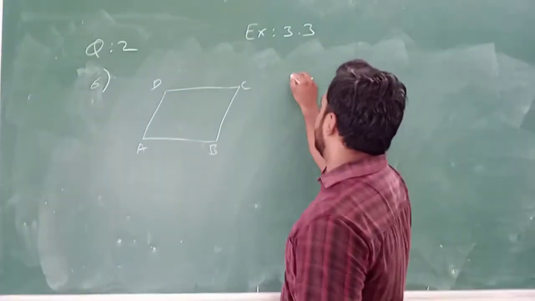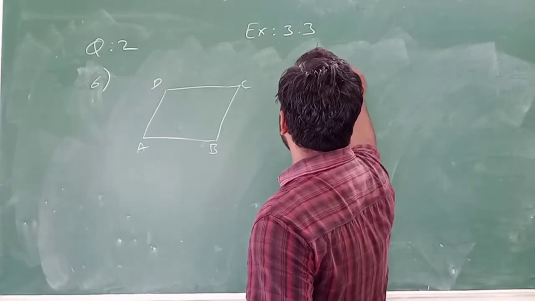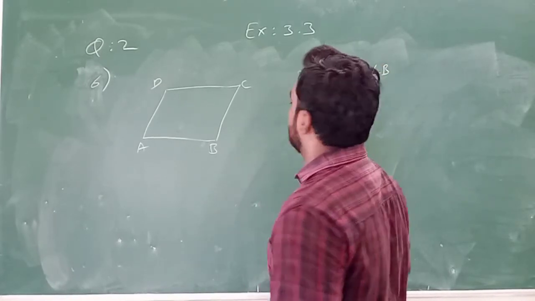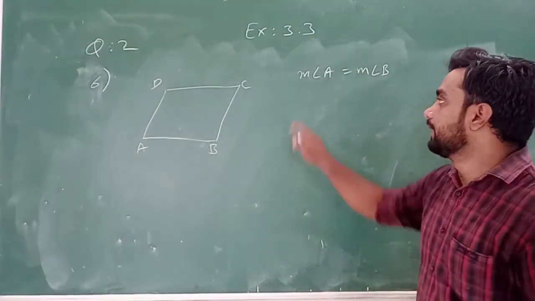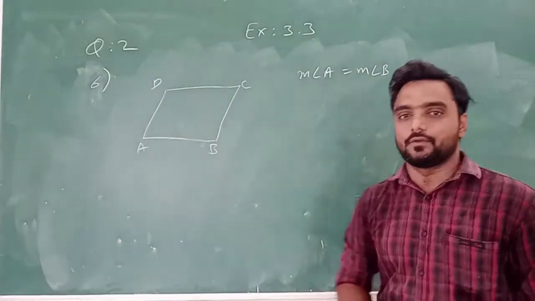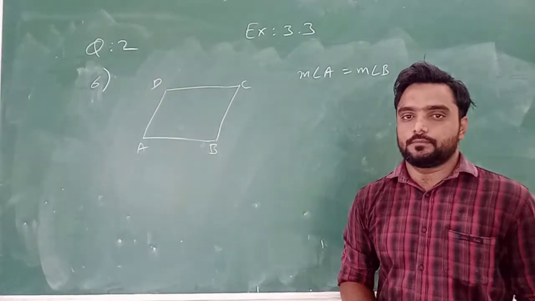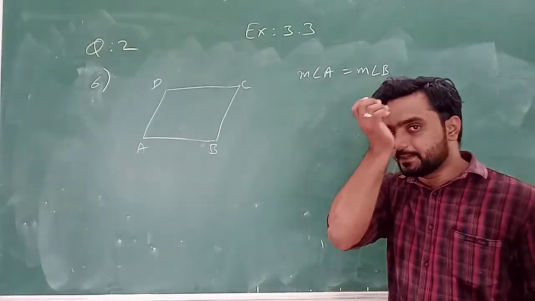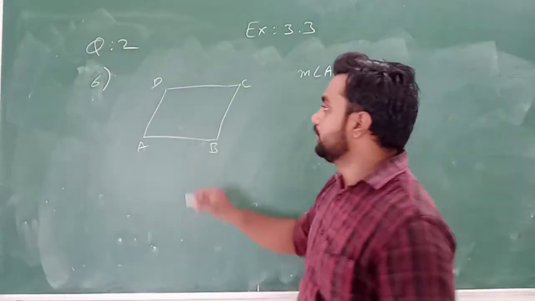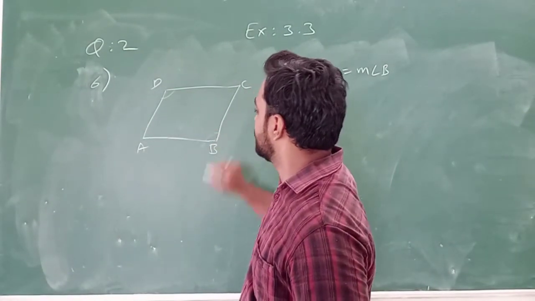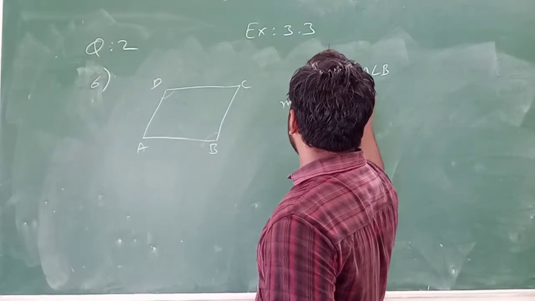So I can write that measure angle A is equal to measure angle B. Okay? According to the question में जो दिया गया है उसके according adjacent angle का measure कितना होगा? Equal होगा. Understand or not? Now on the basis of the properties of a parallelogram, अगर properties of a parallelogram use करते हैं तो उसके according opposite angles का measure कैसा होगा? Equal होगा. So this one and this one. So from the figure measure angle B is equal to measure angle D.